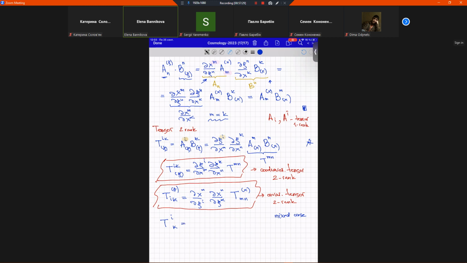And again, if we remember that we can construct this tensor from two vectors, like a product of two vectors, in this case we understand how to organize it. I don't even need to write any proof, I just need to understand. For the upper index, I